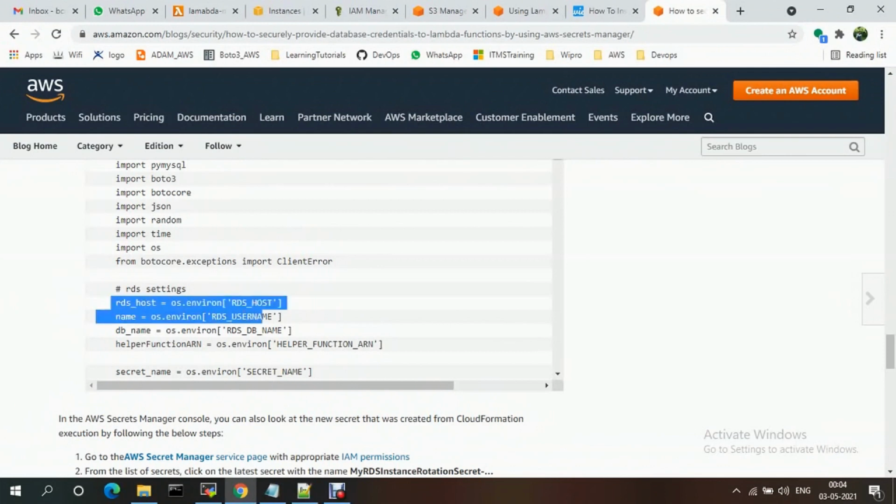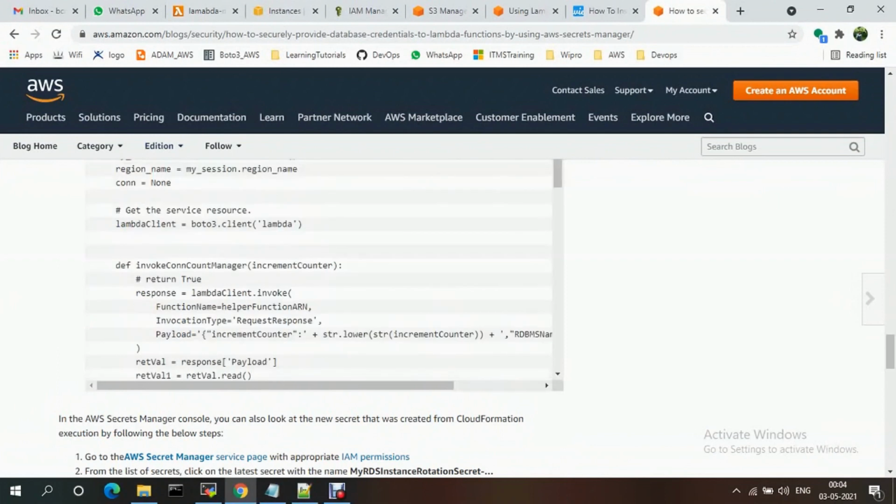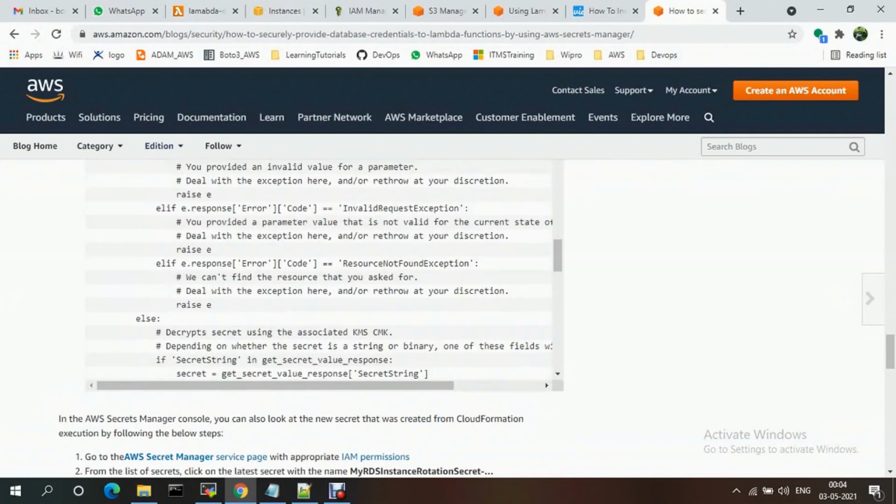We need RDS host. You just need os.environ to provide the host name, and the username is os username. We just added the environment variables, right? You just need to add username and os.environ db name. So it will read the values, and when you invoke that one, you just get the values.